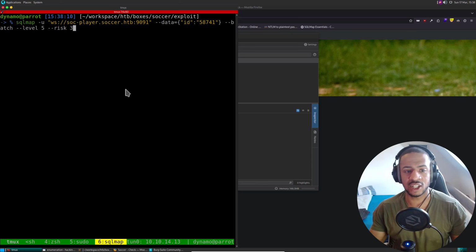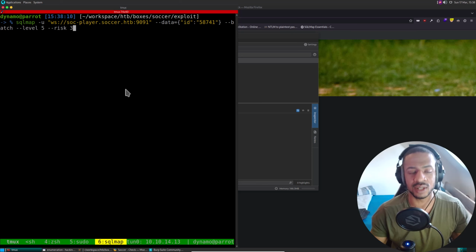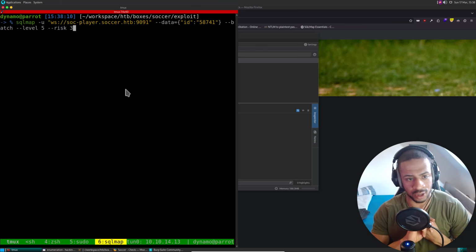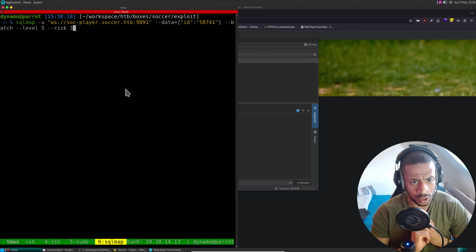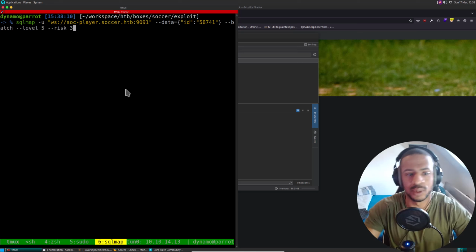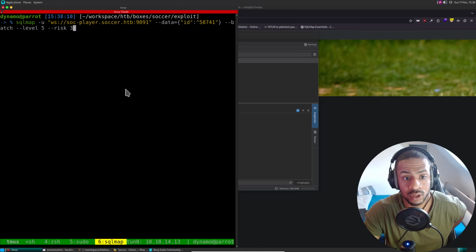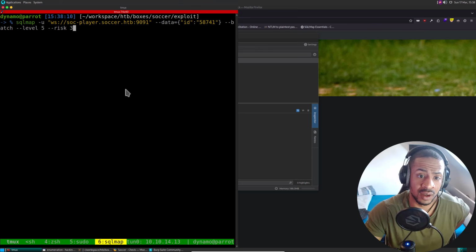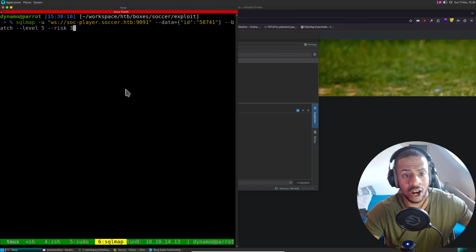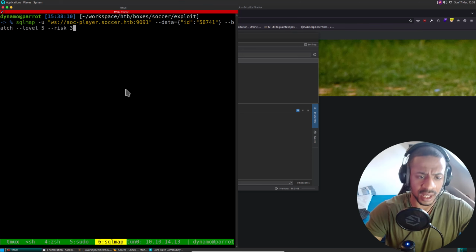If you're testing on a real system, you have to start with the level very low, because otherwise you will overrun the server, you can bring the server down, and the SOC will notice you. But on Hack The Box, I just want it to be quick and I don't want to be waiting, and I want to find all of the various injections if there are many. So let's just go with this. I believe that is everything.